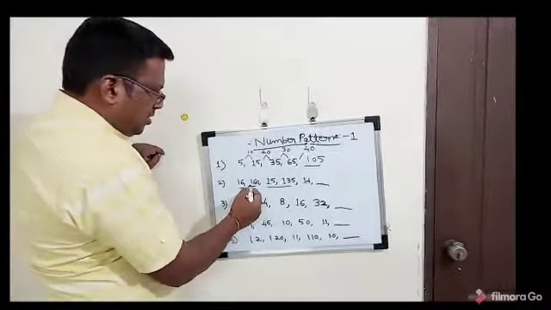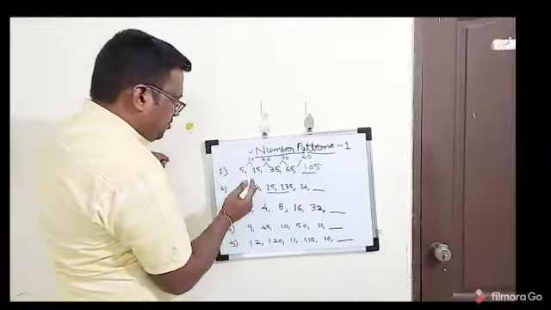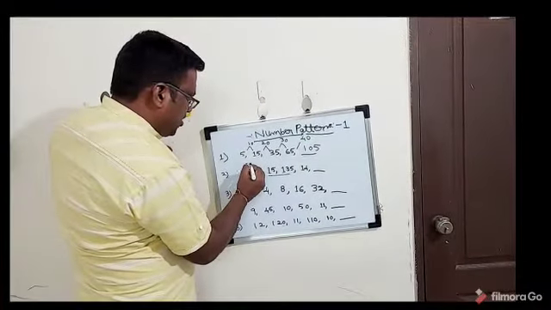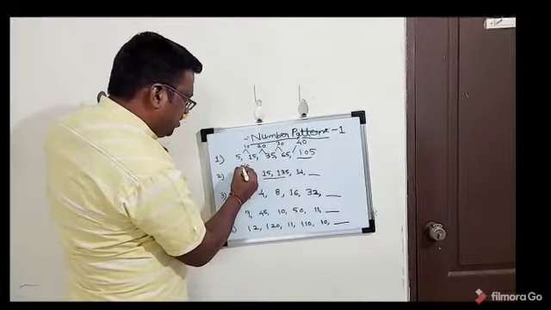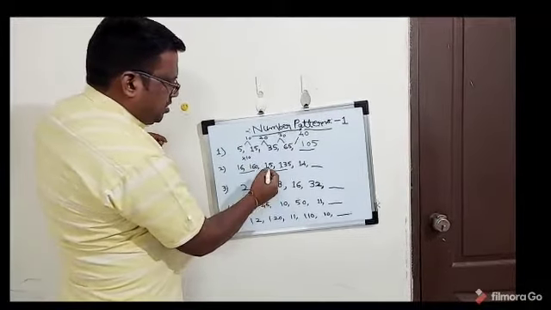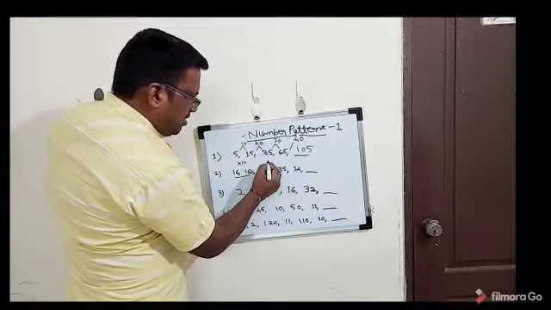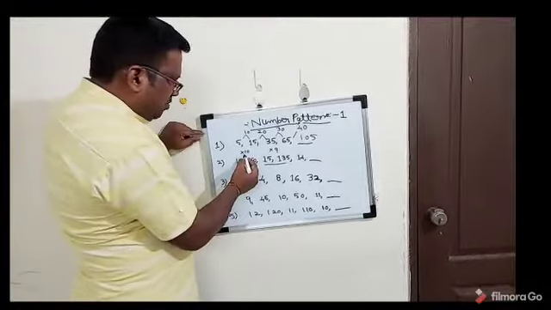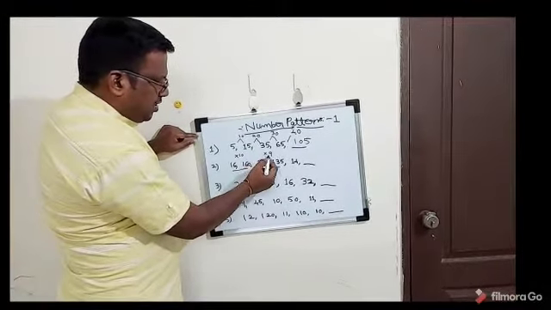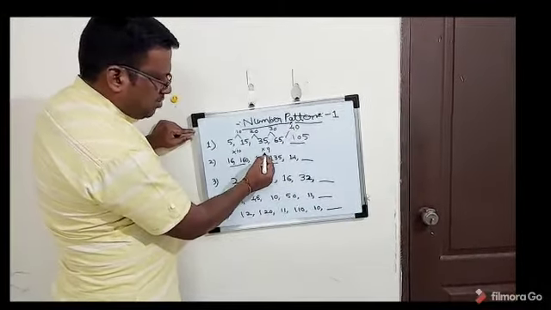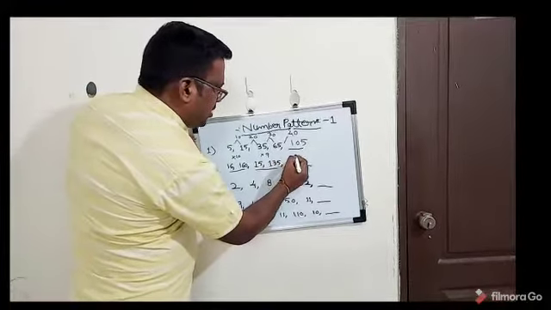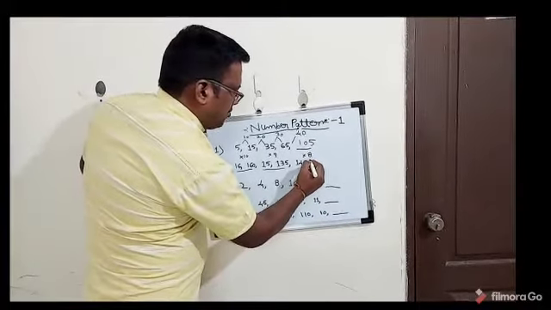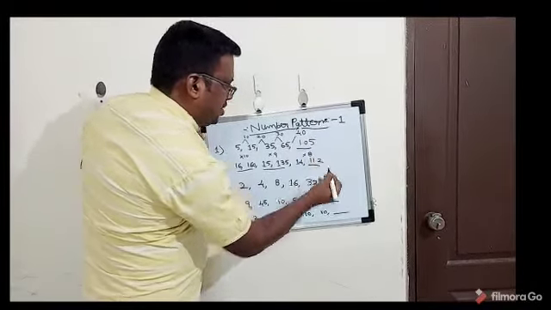Here there is no difference logic. We need to understand what the exact logic is. When you multiply 16 by 10, the logic is multiplication: 16 multiplied by 10 is 160. Similarly, when 15 is multiplied by 9, it gives 135. So the multiplier is decreasing by 1: here multiplied by 10, here multiplied by 9. So definitely the next multiplier will be 8. So 14 times 8 is 112. So this is the answer.